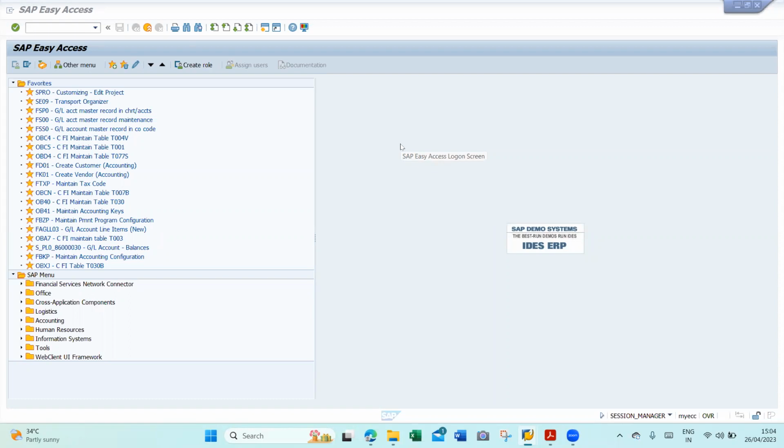Hi friends, in this session we will understand expense booking through internal order. In the earlier session we understood how to do it through cost center. Now we will understand how we will do it through internal order. So expense booking is FB60